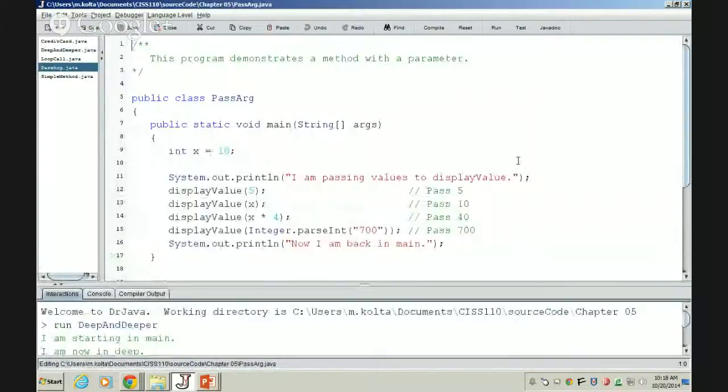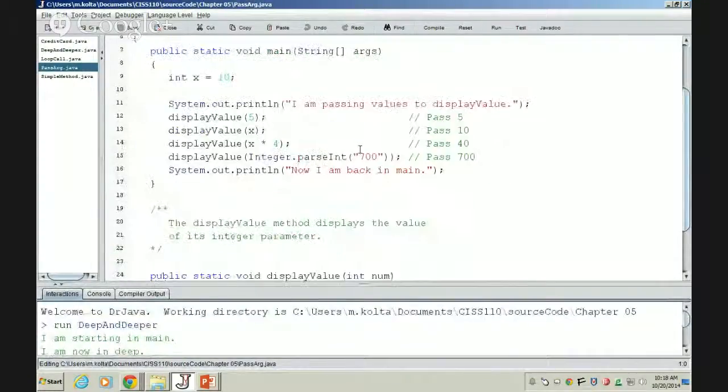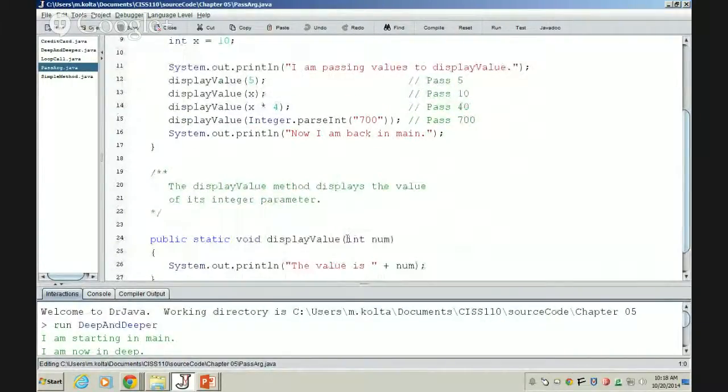So here we have a program with a method called displayValue. Let's look at the definition of displayValue. It's requiring an int to be passed in as a parameter, also called an argument. Parameter and argument, by the way, are basically synonyms. You may hear me use one or the other. They're basically the same thing. And it does not return anything, shown by this keyword void here. So all it does is it displays this message, the value is,